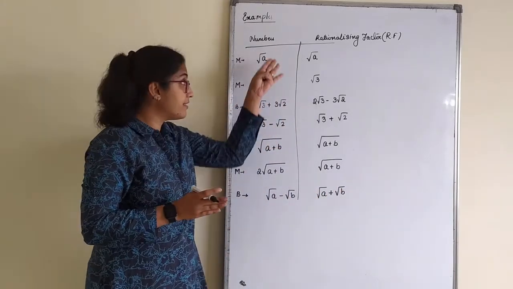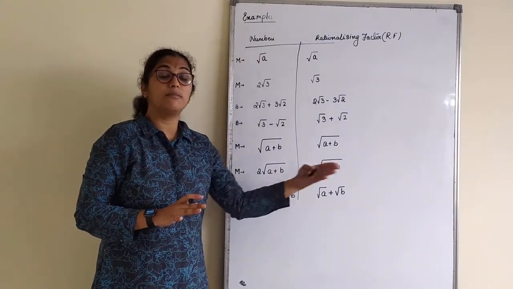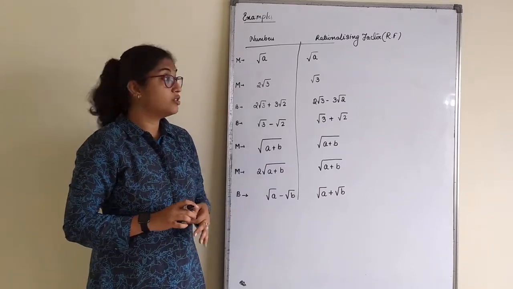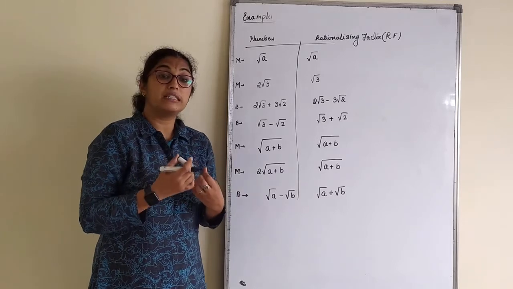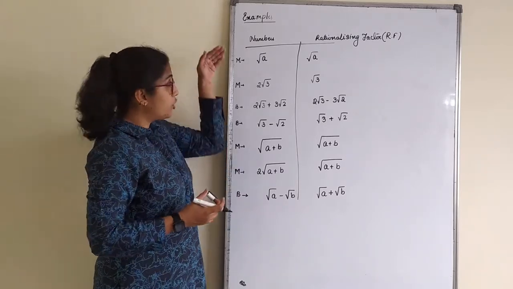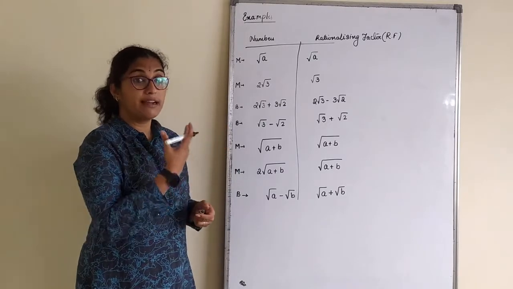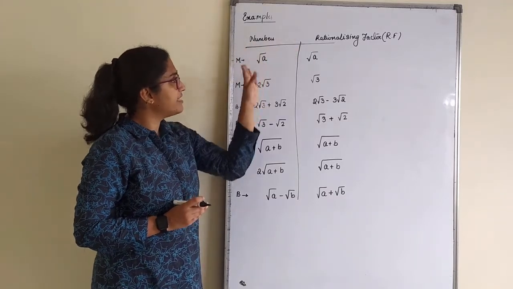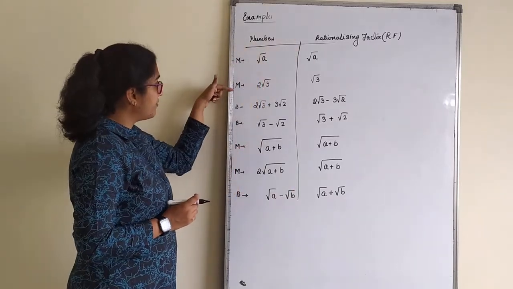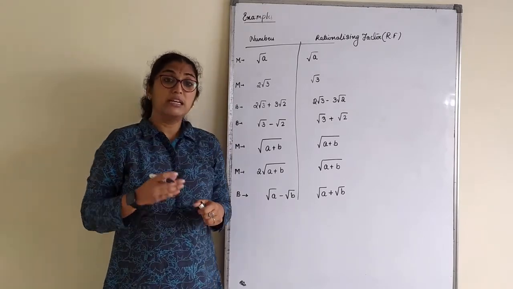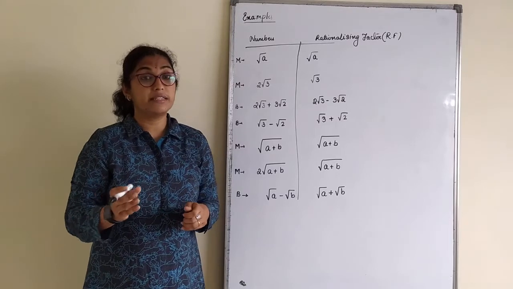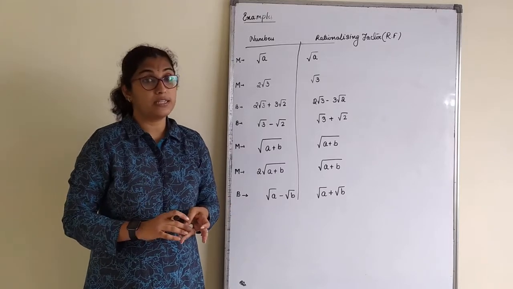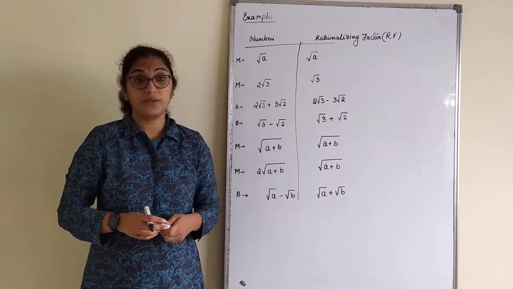If you understand this rationalizing factor very clearly, that's all about the next exercise we are solving. Children, nothing of this sort is given in your textbook. So this is something that makes the exercise very easy to understand. I want you all to, after you have written the previous one which I wrote on the board, give the heading. You need not write anything, just write down the numbers and rationalizing factor as it is. This is for your reference. In pencil you can write, because you should know that in monomial the RF is the monomial term itself, no coefficient. In binomial, it is the conjugate. Conjugate is the opposite sign. Once you finish this, we can start with the exercise.